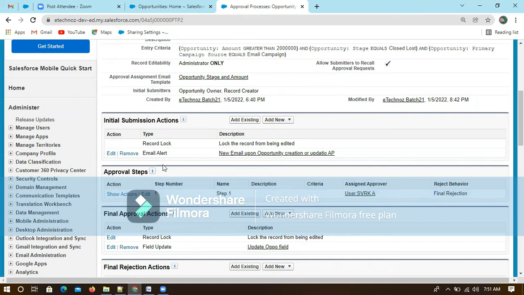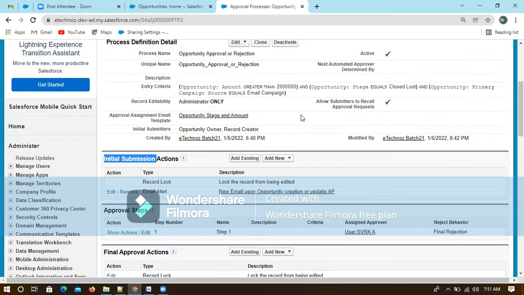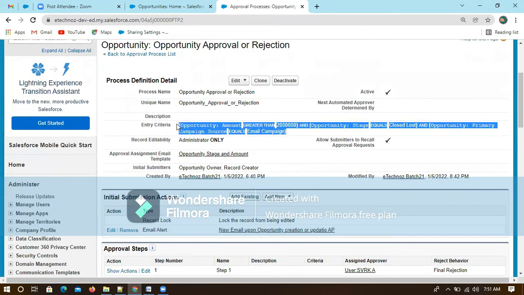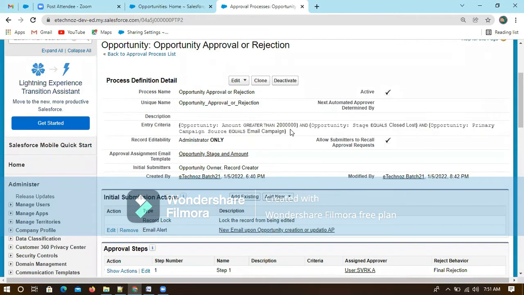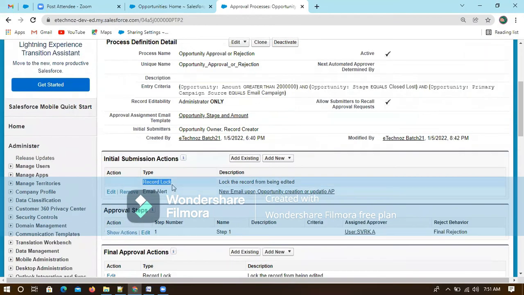Initial submission is the first step. So what will happen when this approval process is executed? The initial step will lock the record. No one can edit it except the system admin, because the system admin has view all and modify all data at the profile level, so they can even edit it.